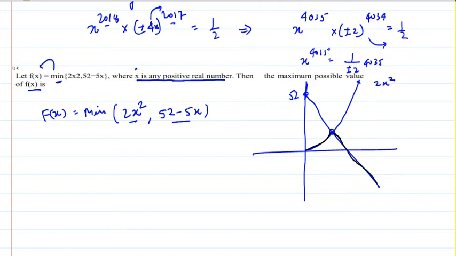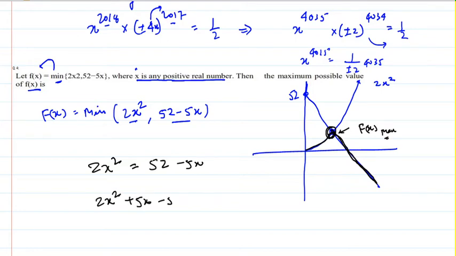So this black line and the black curve that you see is the equation of the function, and this is the peak of the function. That is the function's maxima. To find this, you must find the intercept, that is x, and y is your answer. So to answer this, I must equate these two equations. If I rearrange, what I will have is 2x square plus 5x minus 52 is equal to 0.